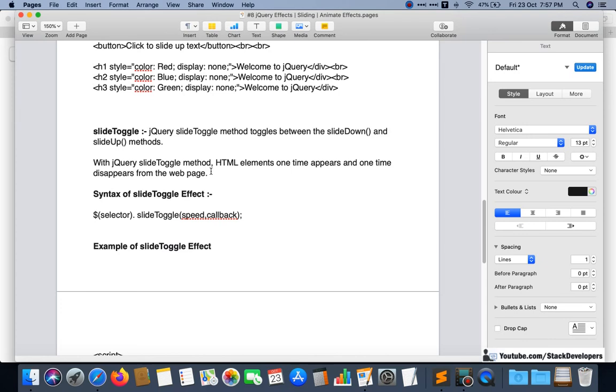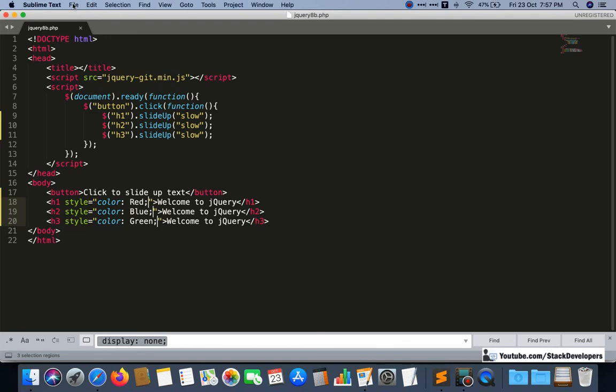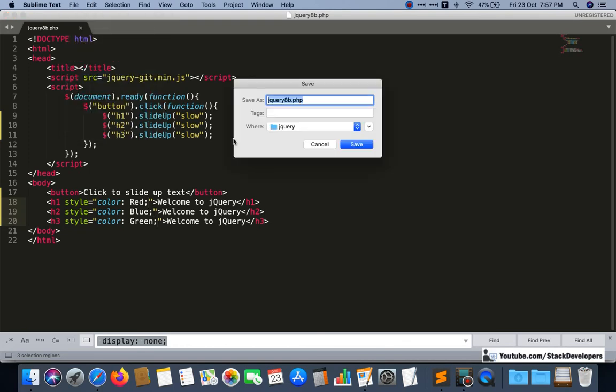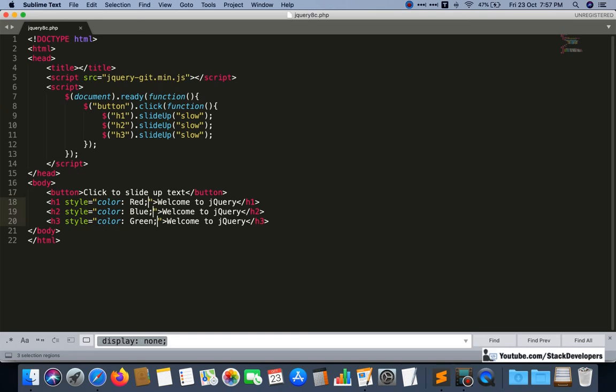Okay, so let's try this one, and we can now make it file save as jQuery 8c. Now here I will write click to toggle, only click to toggle.